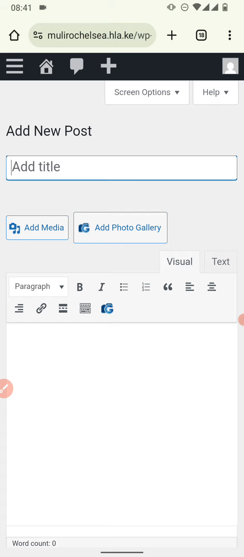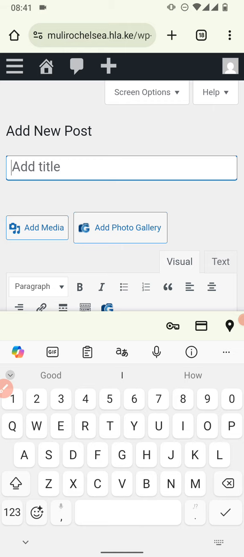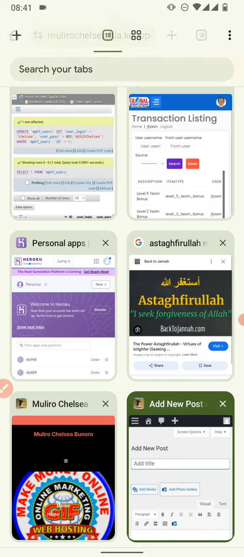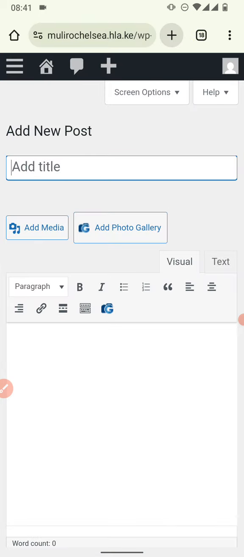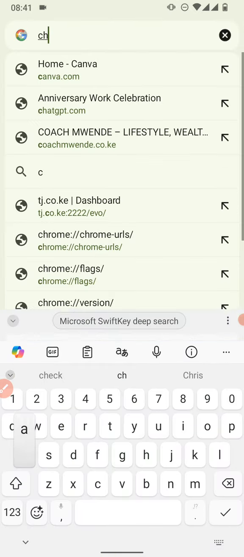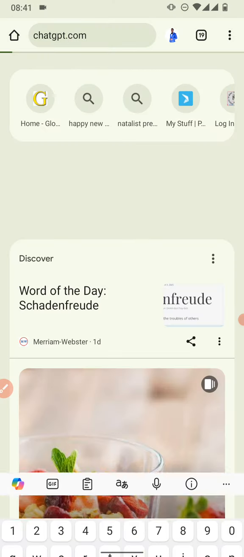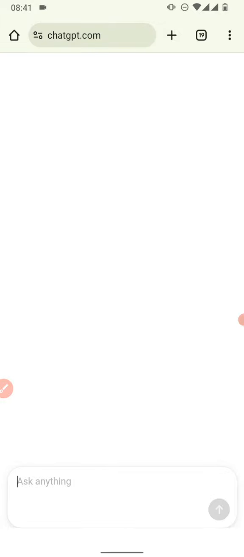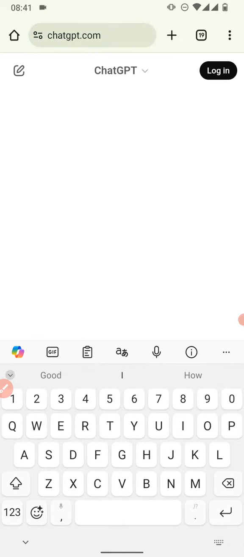Maybe an example. Let's say maybe I wanted to use ChatGPT as an example, maybe to make my first post. So I can open a new tab and maybe search ChatGPT. You all know ChatGPT. So let's say our website is about finance, things to do with money. So let's say here I want to talk about